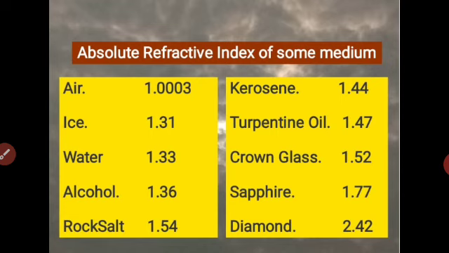Please note here that refractive index and density are two different things. Like we know, density of oil is less than that of water. Because of this, oil floats on the surface of water, right? But here when you compare the value of refractive index of turpentine and water, you see turpentine oil has got a higher value of refractive index. Although the density is less, the refractive index of turpentine oil is more than that of water. So, please be very clear, refractive index is something different than the density that we generally talk about.